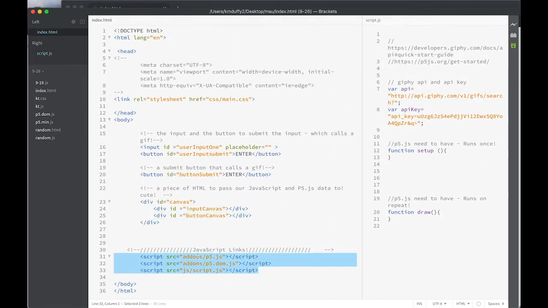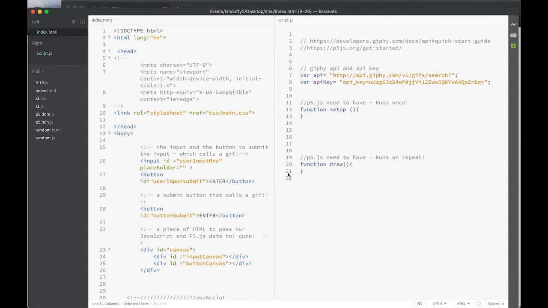All right, and this has everything that you need. It has your libraries linked up for you. It has a script file linked up for you, so if you just download the zip file, you should be able to go. Okay, so the first thing that we're going to do in the JavaScript file is